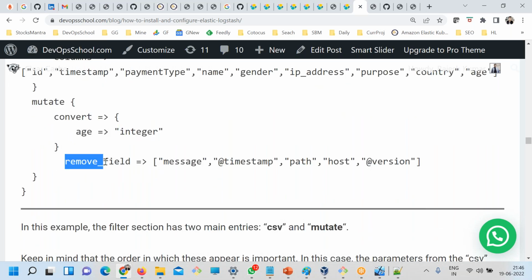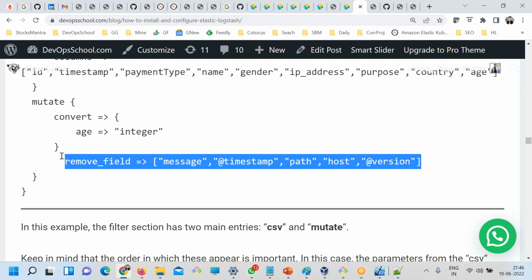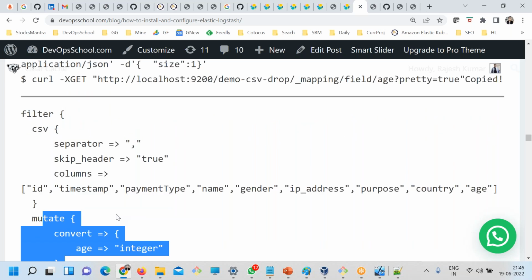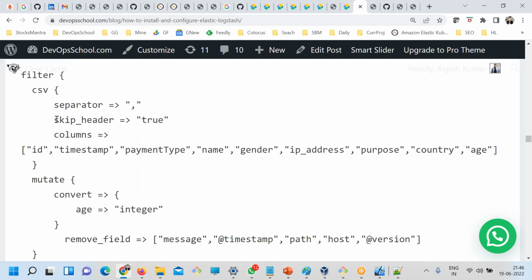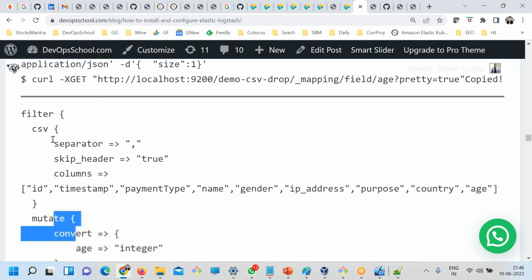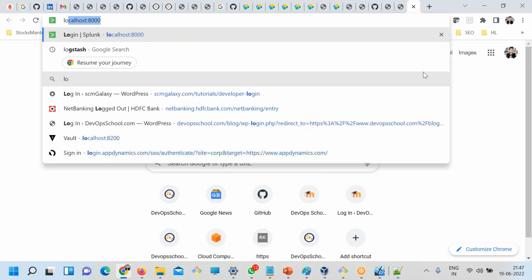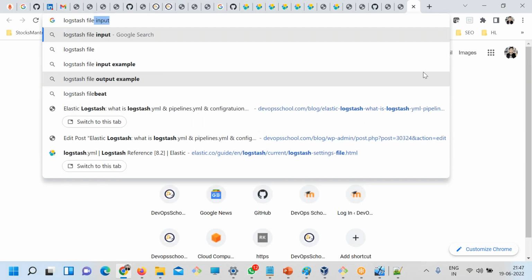And here you are asking to remove the fields: message, timestamp, path, post, and purchase. So you are removing these fields. So you are mutating actually, and you are transforming through the filter. Now all these options, where do you see them? This mutate option is there for the CSV, but if you go for it, you have to read their documentation, Logstash filter